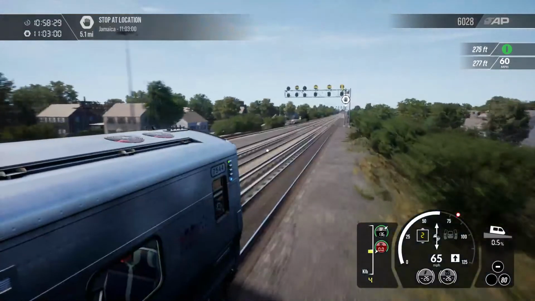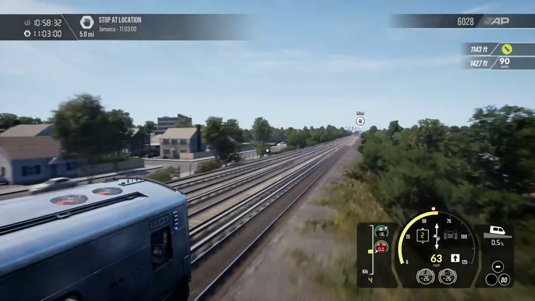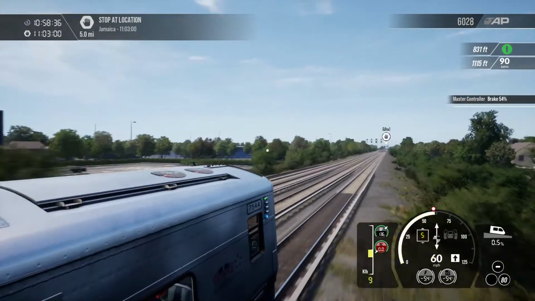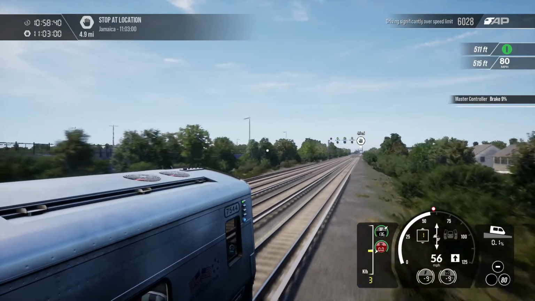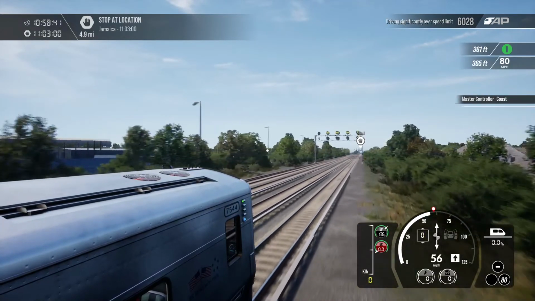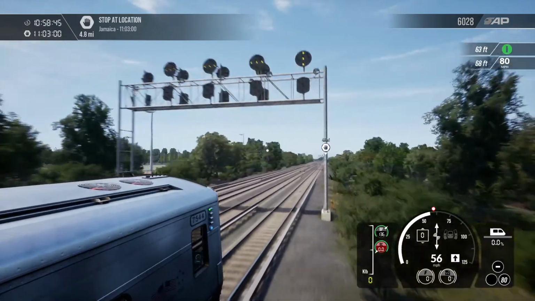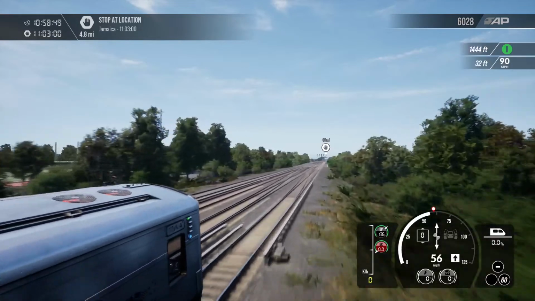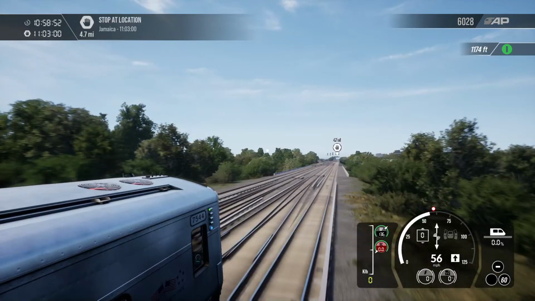Just Belrose? I can't see. Alright, so now we are sufficiently prepared for the 60-mile-an-hour speed limit. Quickly ease off your coast. We're doing a little track